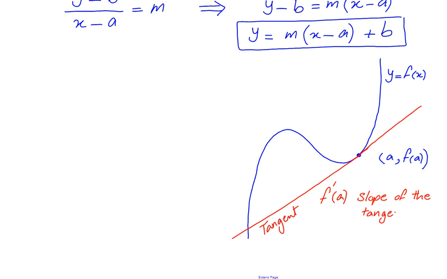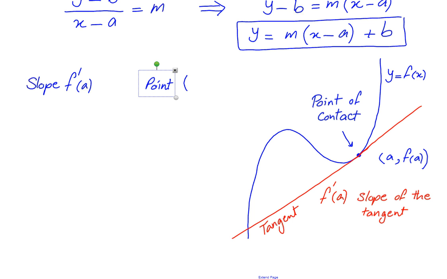So now, knowing this slope, f dash of a, and the coordinates of the point, which we call the point of contact, we can find the equation of the tangent. So the slope is f dash of a, the point is (a, f of a),